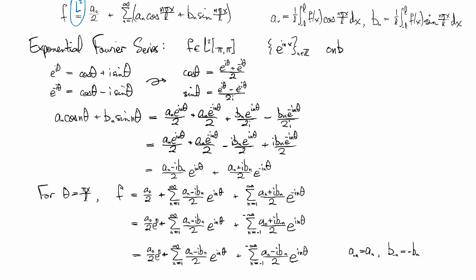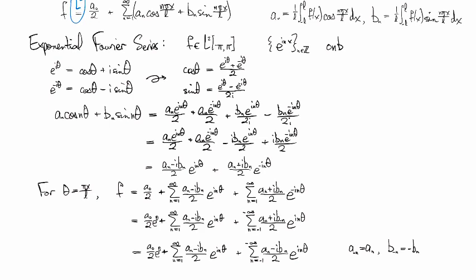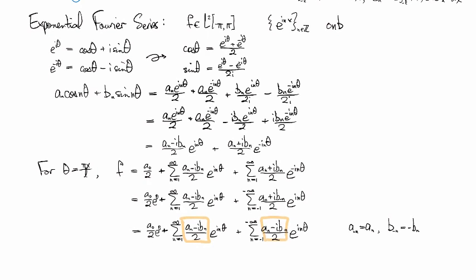And then all of a sudden, you see that these critters now match, and we can string everything together, and we have the sum over, and now n runs through all integers, so from minus infinity to positive infinity, including 0. And it's c_n e to the i n theta, where c_n is a_n minus i b_n over 2,